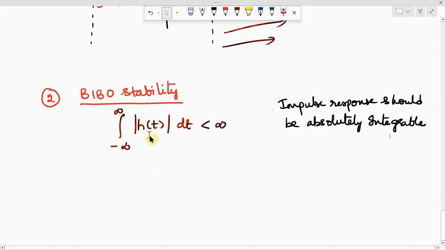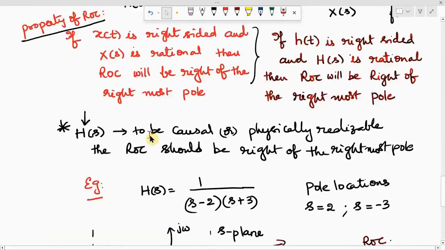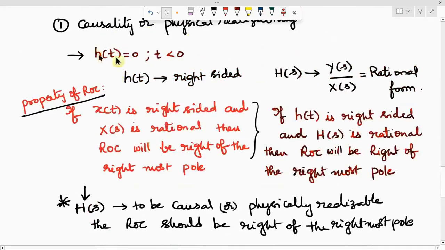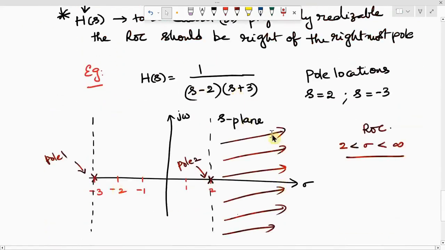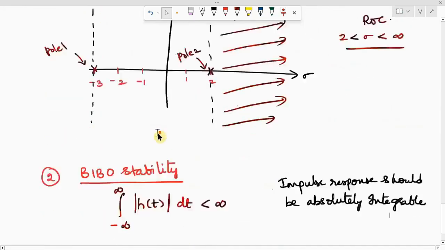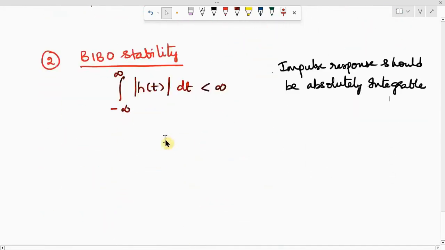Just like we wrote the condition in terms of impulse response and explained how the ROC should be for a causal physically realizable system,